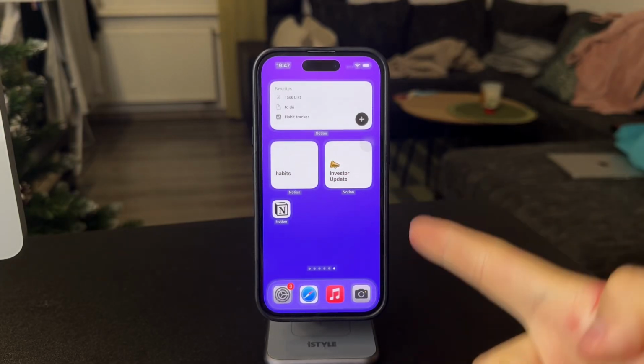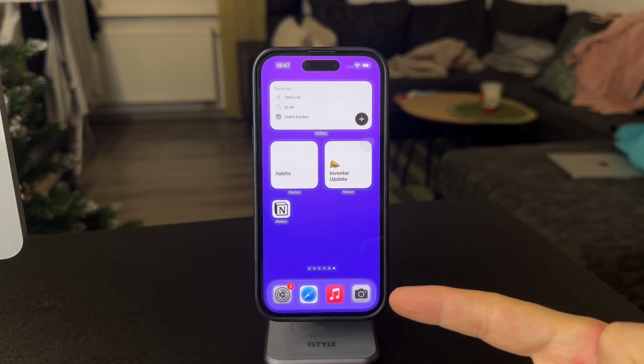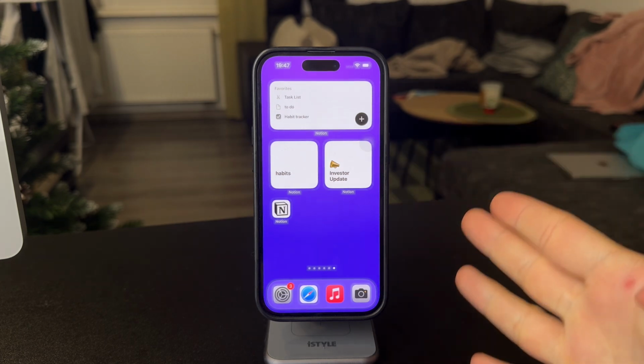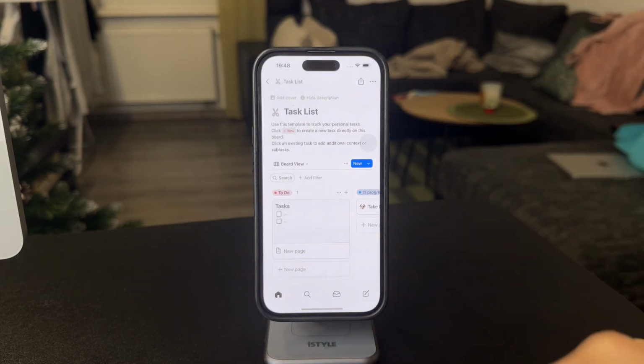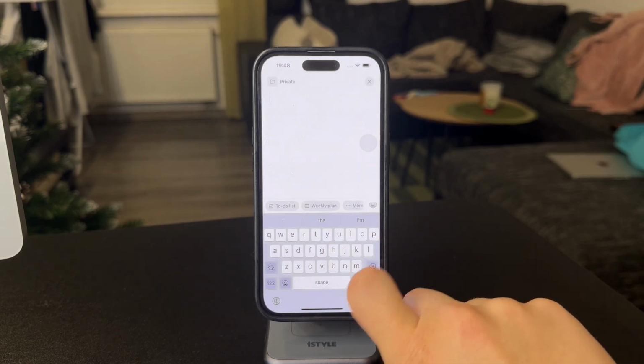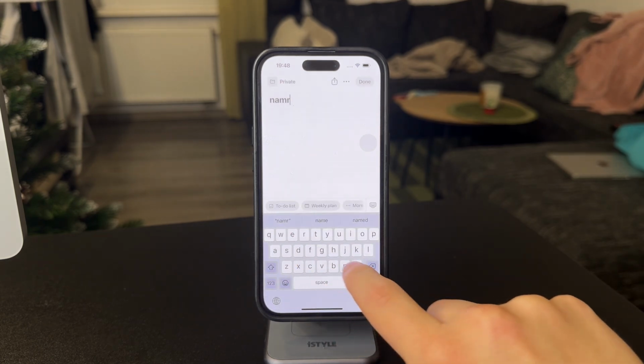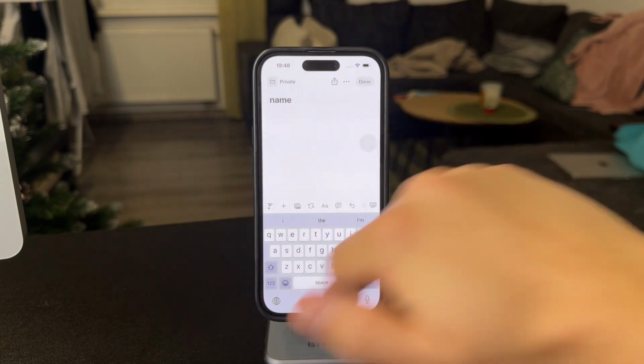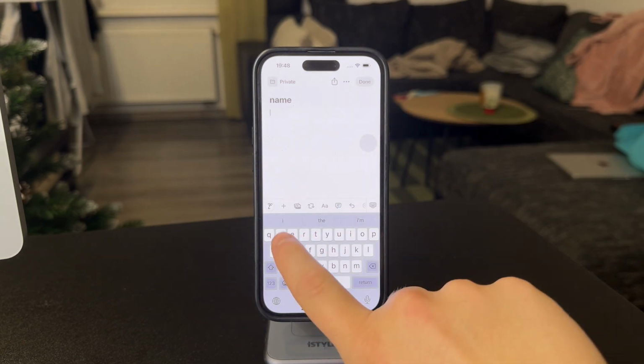Now, here's how you can create a table in Notion on iPhone. It is pretty simple. I would recommend you just open up the Notion app, start a new page, and name it however you like. And when you get to the text field, I want you to click on this plus button